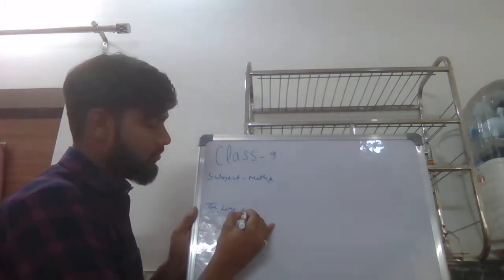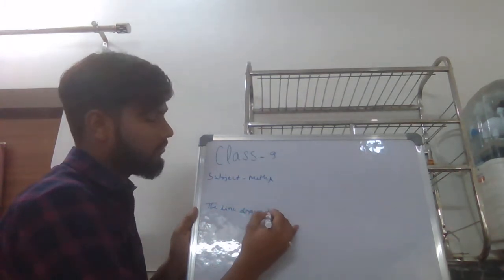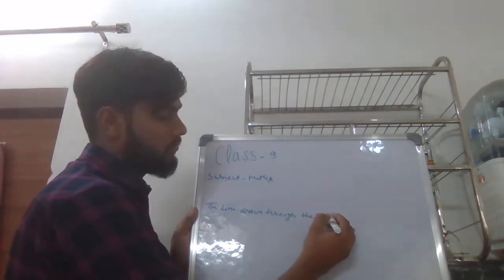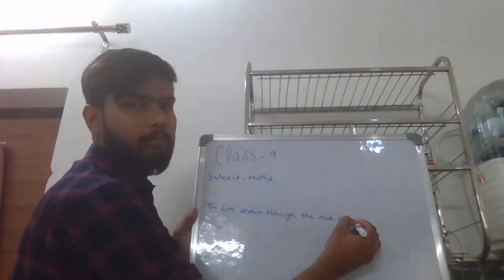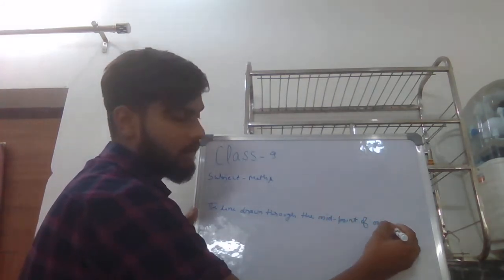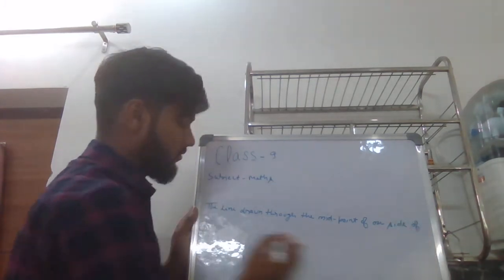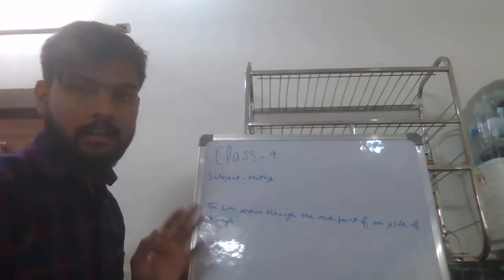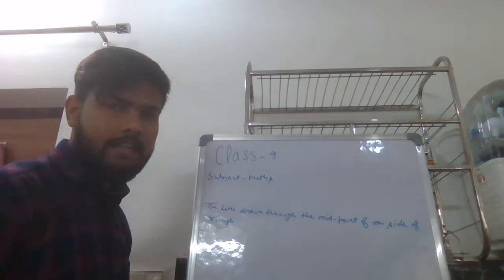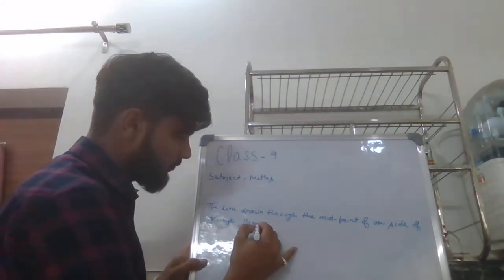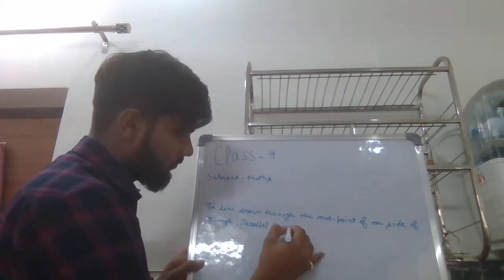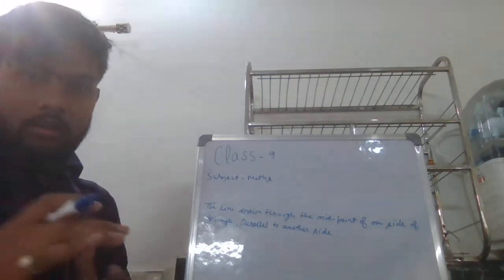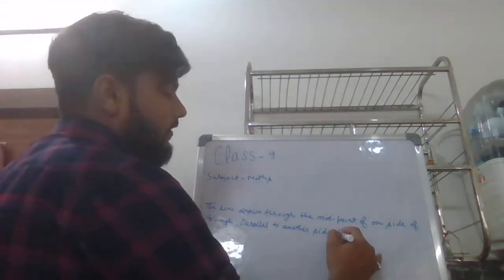line drawn through the midpoint of one side of a triangle parallel to another side bisects the third side. Okay,